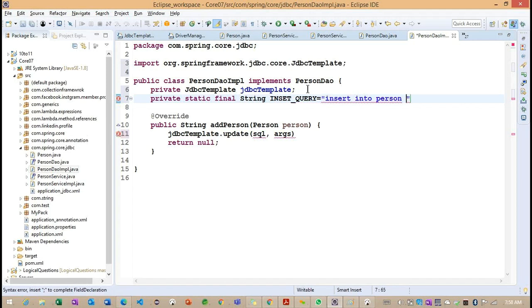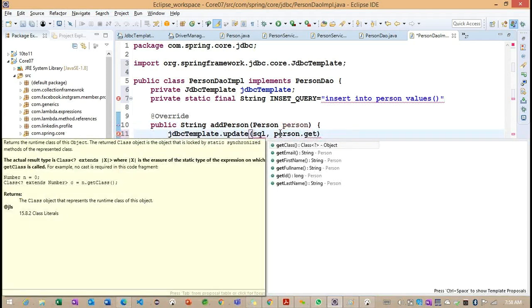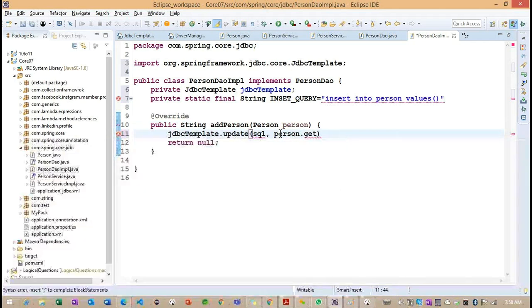Now, what are the values we can provide? First we will see what columns we are having.